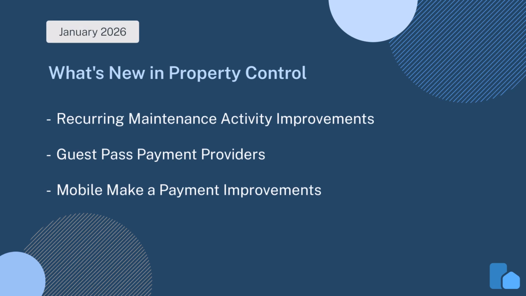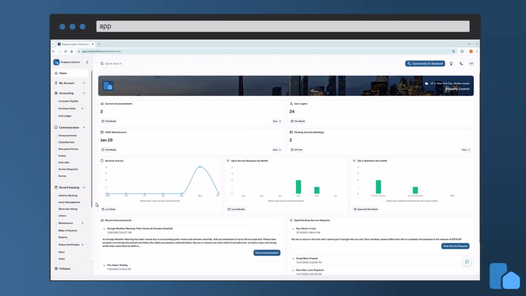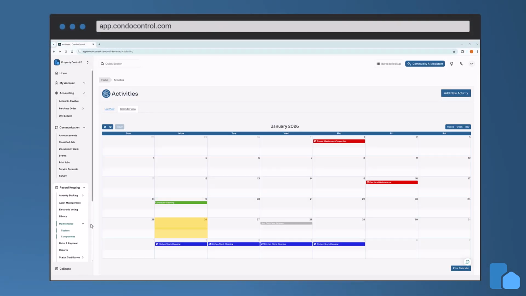What's new in property control? We have made some improvements to recurring maintenance activities to give you more control and better visibility from the calendar